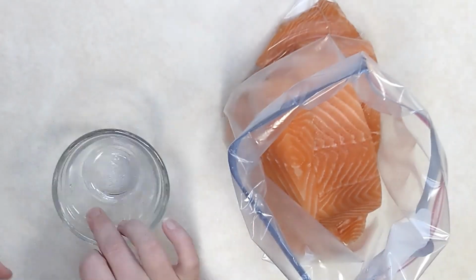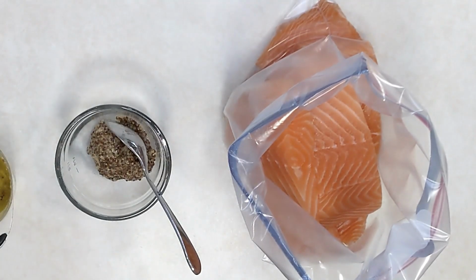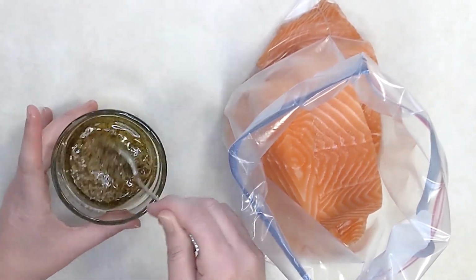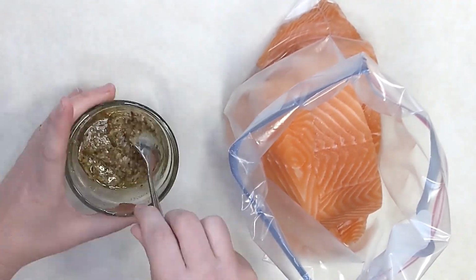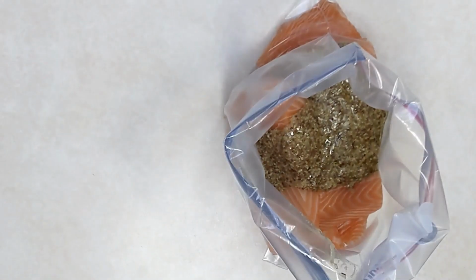But it kind of was a nice general salmon recipe that I had all the things for in my house. So we do generally portion out our salmon. I always learned how to make it as a whole salmon, but to fit nicely in the freezer bags, we do portion it out. And into the bag, we're going to add grainy Dijon mustard, olive oil, and in a separate bag, we're going to add breadcrumbs, parsley, and salt and pepper with a little bit of oil to give the breadcrumbs some substance